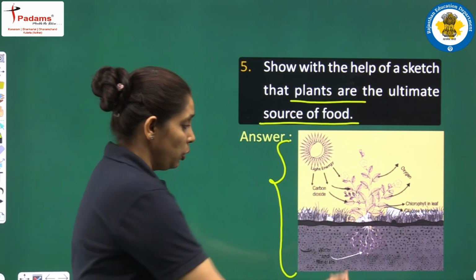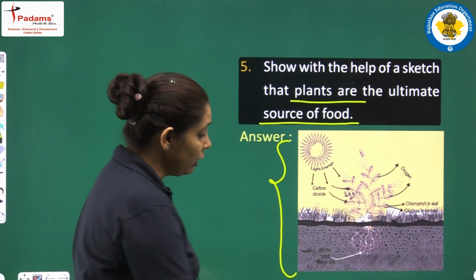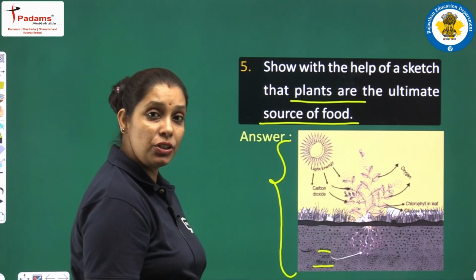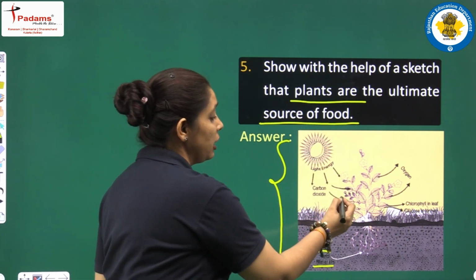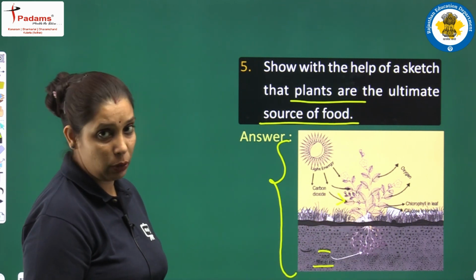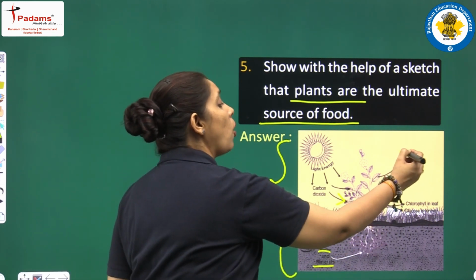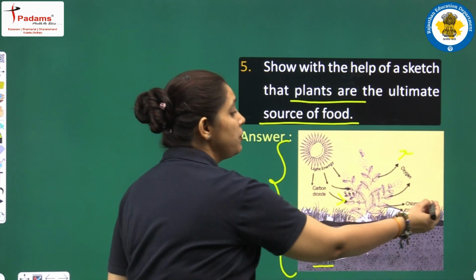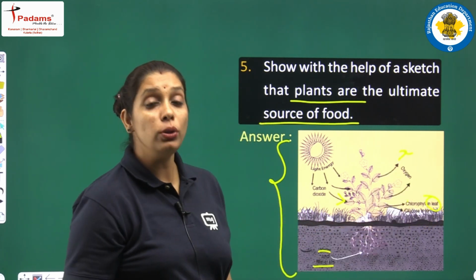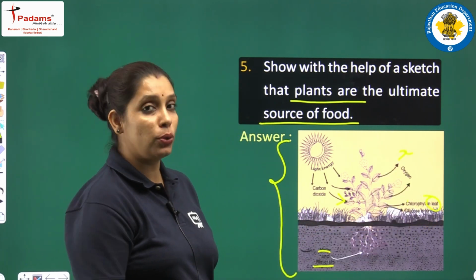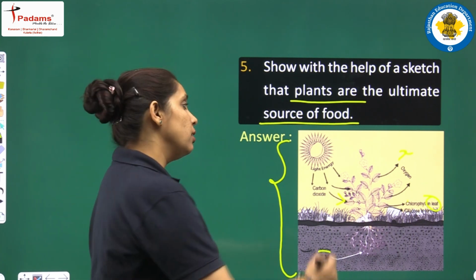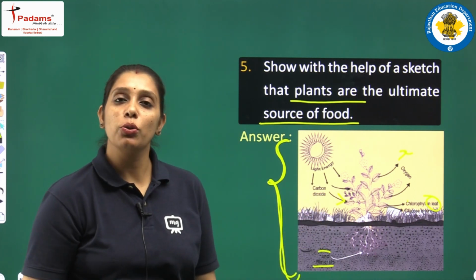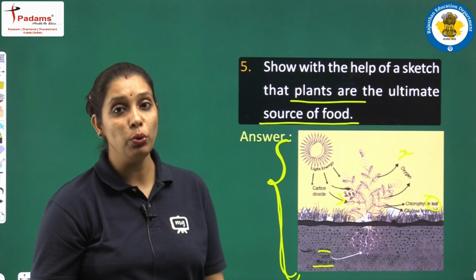photosynthesis. You have to show the roots of the plants absorbing water and minerals. The sun is giving light energy to leaves. Leaves are taking carbon dioxide from the environment and releasing oxygen in the surroundings for the living organisms. And leaves have chlorophyll and food is stored in the form of glucose. We already discussed this diagram in our first segment also, so you have to draw this diagram in your own way.